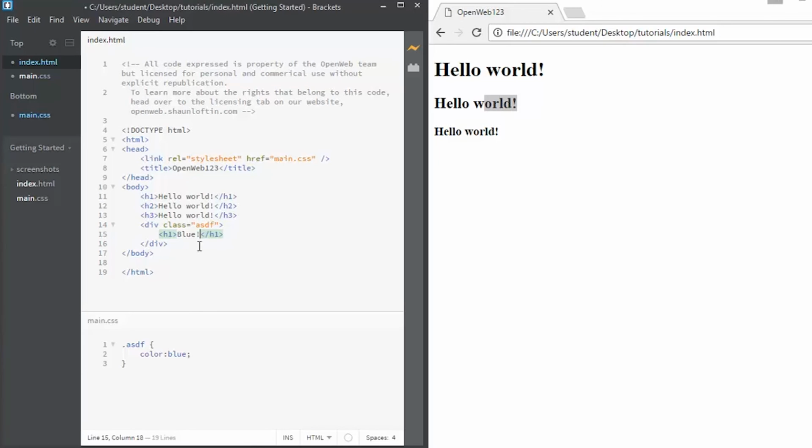So we're going to open up our header tag in here again, type it in blue, and every single element, which these are called elements, every single tag I guess, that is inside this div class ASDF will have the text color blue. That's how, once you get more in depth and advanced with